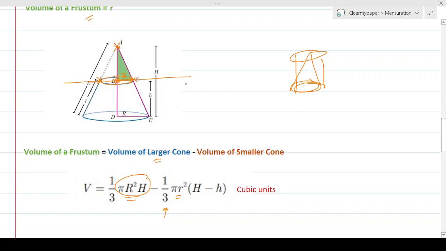We don't have it. But since we can calculate the height of the frustum, if the height of the smaller cone is not given, what we can do is, if we know the height of this frustum, we can take the difference of these two heights, the height of the larger cone and the height of the frustum, and that will give us the height that we are looking for, right? This height minus this height. So this h capital minus small h, if I subtract, I'm going to get this particular height,